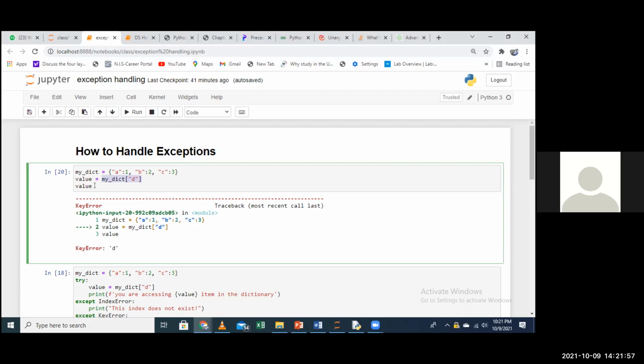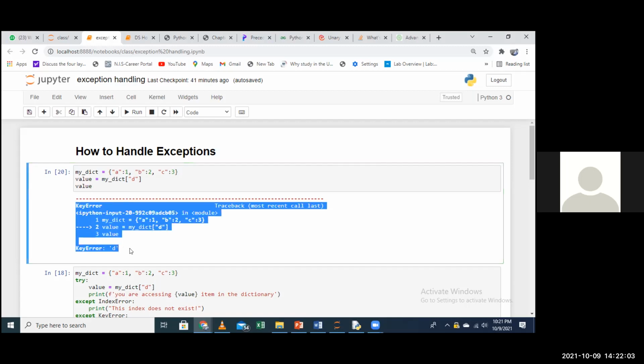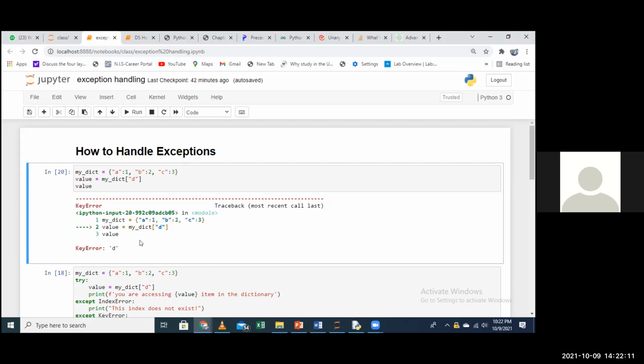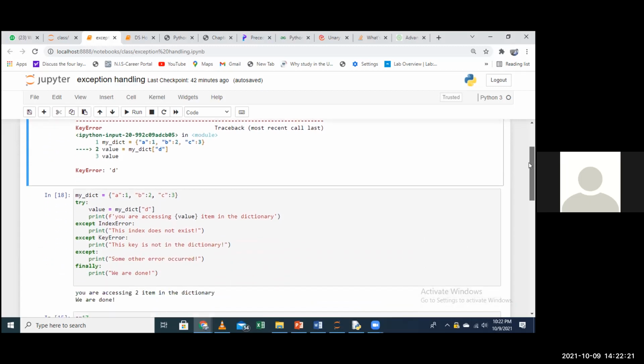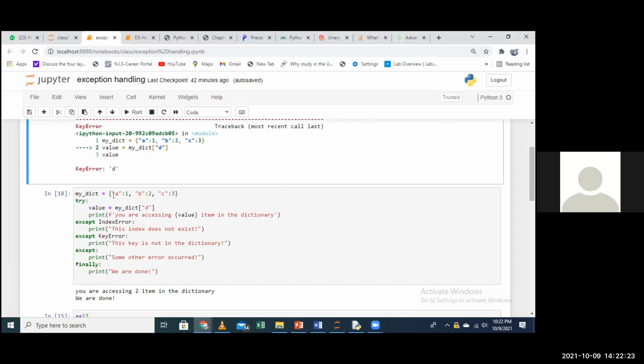With exceptions, you can add another line of code that exempts this error. You see, that is what handling exceptions is all about. We exempt this error such that your computer doesn't pop up this error, but it will give you a different output telling you that there is such an error, and then it will continue executing the lines of code that come after this. So maybe let's see this now.